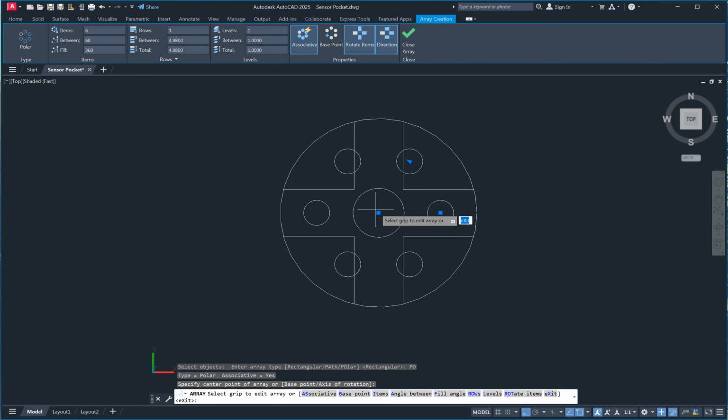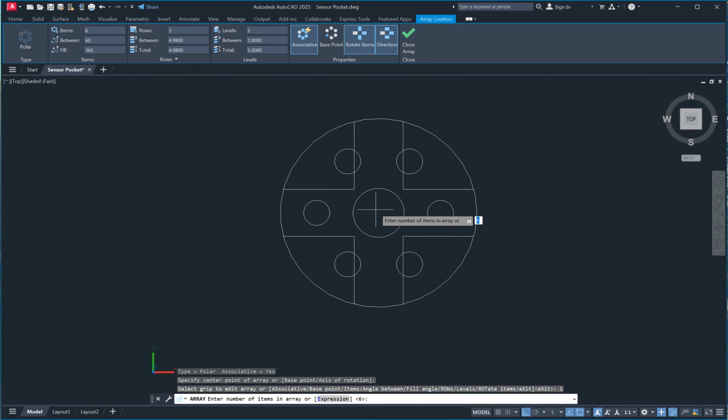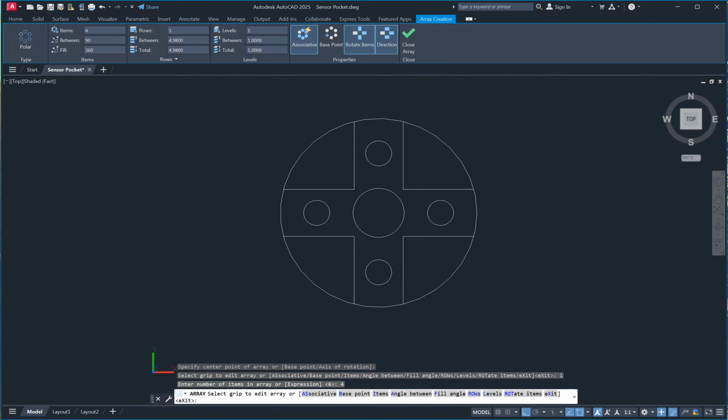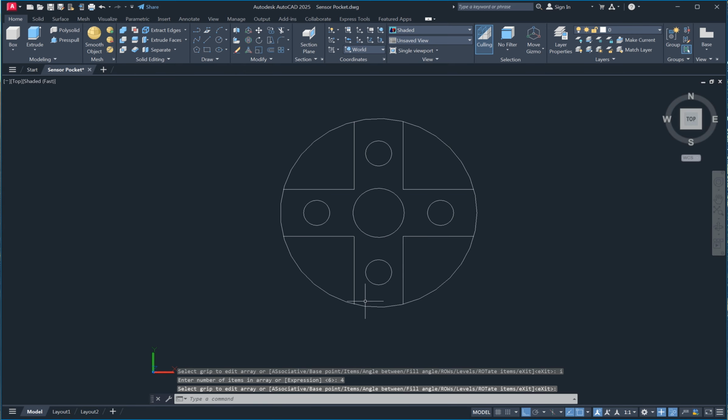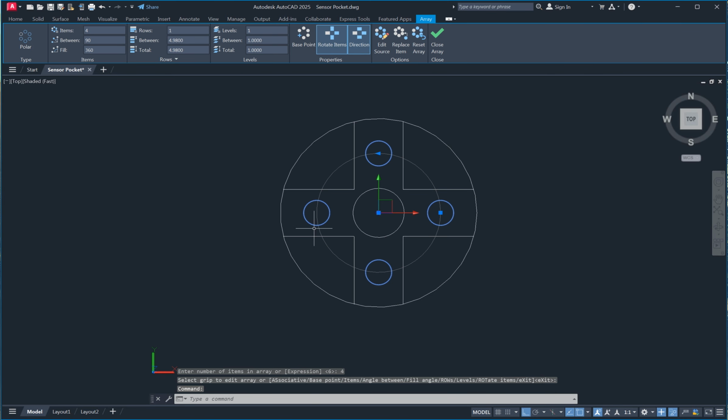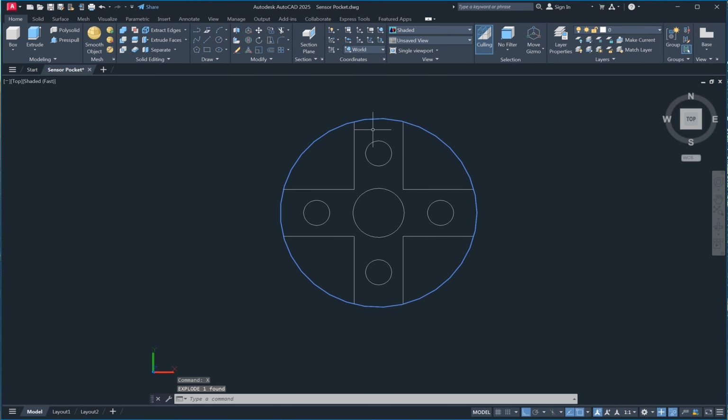So we type I, it means item, enter number of item in array, we need 4, we type 4, enter. Now we get like this, but now it's in the one group, so we need to add float. So select object like this, we add float, yeah. Now it's separately, okay.